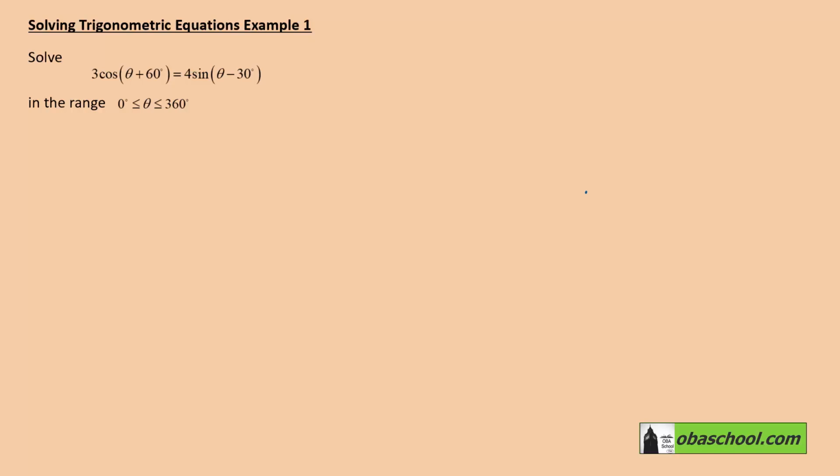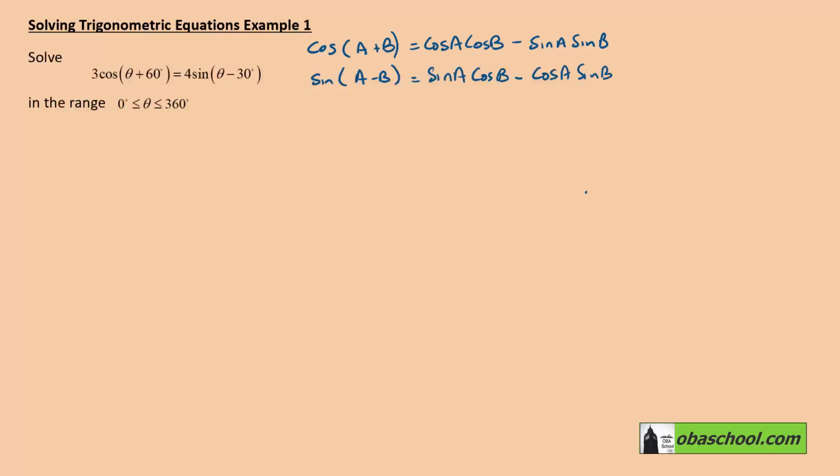So we want to solve this equation in the range 0 to 360. Now remember that the cosine of a plus b is cos a cos b minus sine a sine b, and that the sine of a minus b is sine a cos b take away cos a sine b. So what we get here is 3